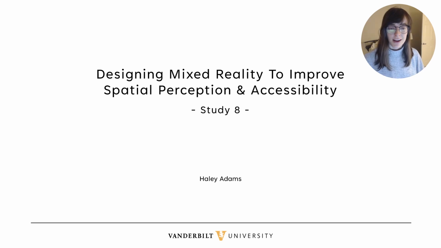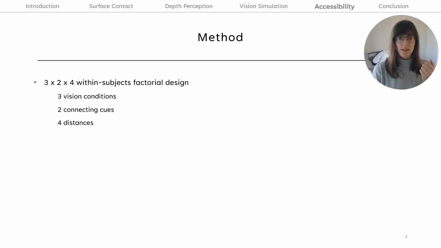Okay, we've arrived at experiment 8 of the dissertation on distance perception with simulated visual field loss. We're going to just dive straight into it. We're going to do methods, results, context for results. Let's go. So to address our hypotheses, we utilized a within-subject factorial design with simulated vision loss, connecting Q, aka